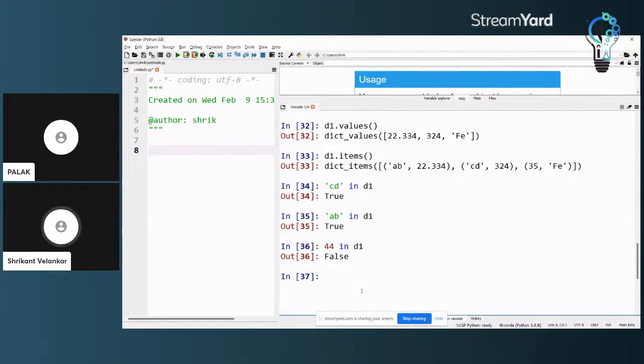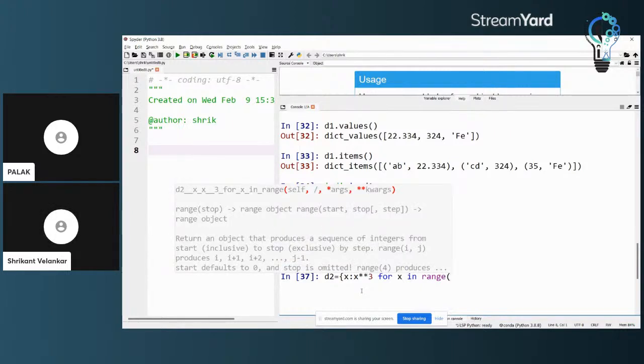As I said, we can carry out dictionary comprehension here. So I can say D2 is equal to x colon x cube for x in range 5.